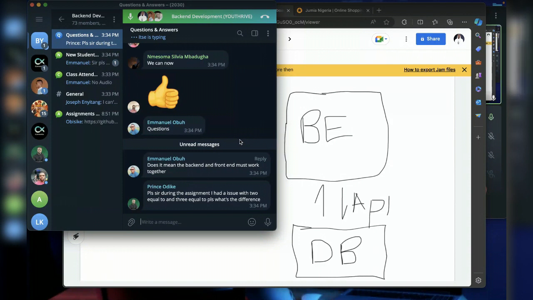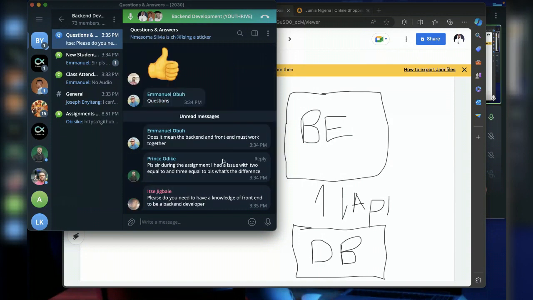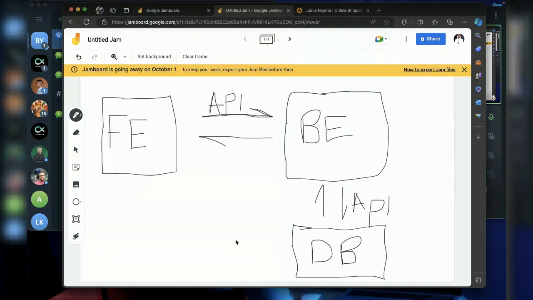Okay. Double equals and triple equals, the back end. So I'll start with the first question. Now, you don't need to be a front-end developer to be able to understand backend. There are two different tracks. A front-end developer is different from a back-end developer. In every company or organization where they are developing software, they will hire front-end developers.